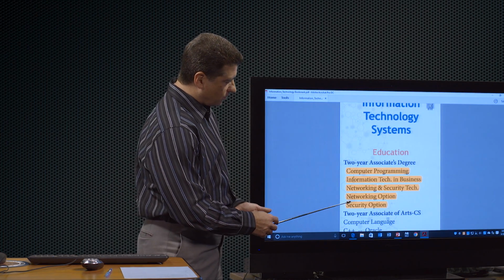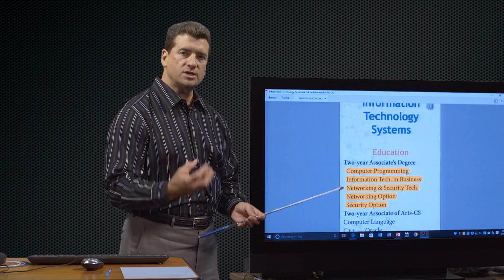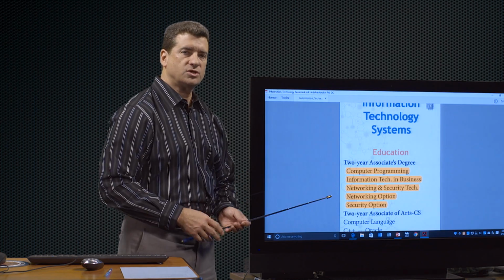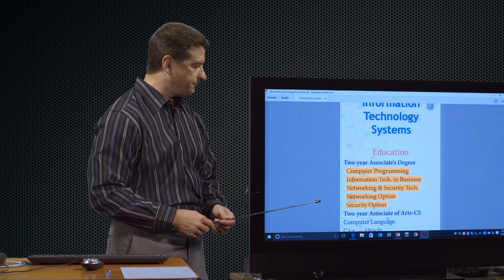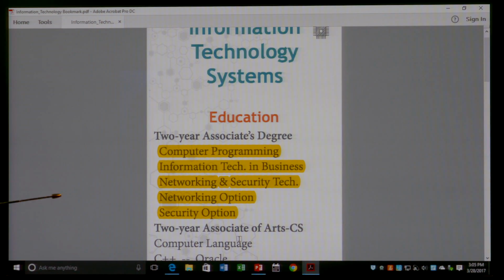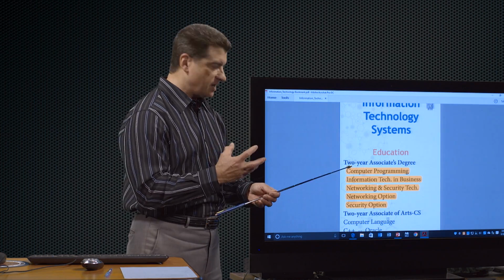Okay, so we have the networking option, and then we have the security option. The networking option is the one that he was describing where you're going to take more Cisco related classes. You're going to kind of keep going on that Cisco path, which I'll describe a little bit more in a minute. And then the other is the security option. So we have a wide variety of courses related specifically to security. That by no means, I want to say that Cisco doesn't talk about security,